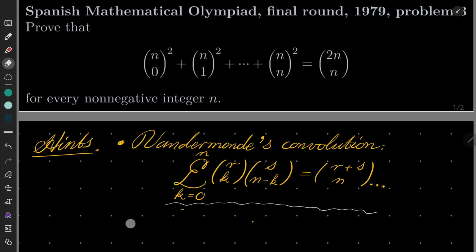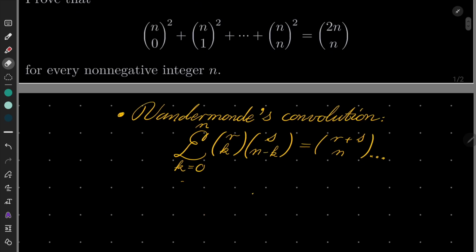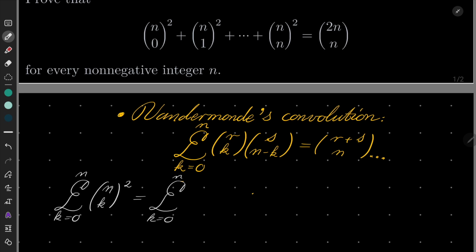Okay, so maybe I will not erase this identity and let's just apply it. In our case, not directly, but let's write our sum from k equals 0 to n of n choose k squared. Now, by a well-known property of binomial coefficients, n choose k is exactly the same as n choose n minus k,